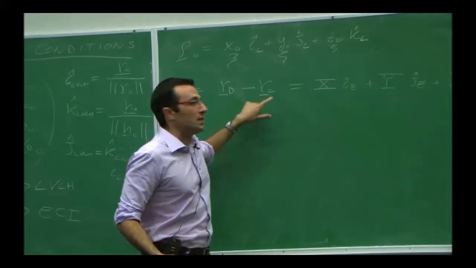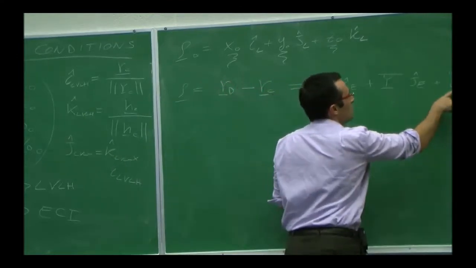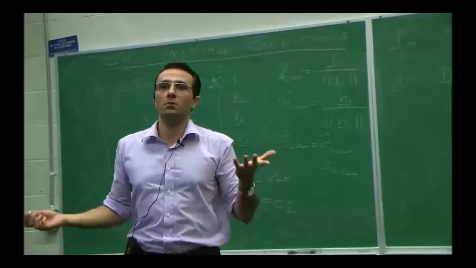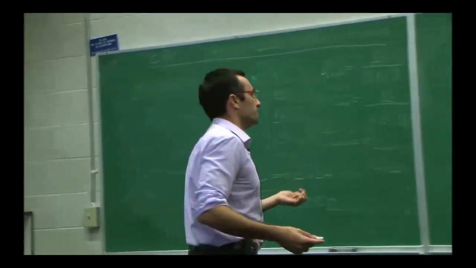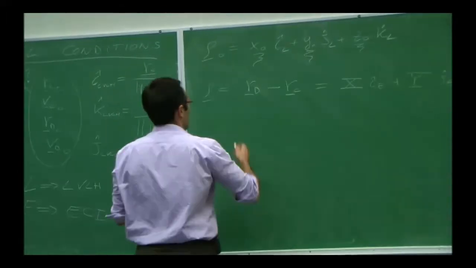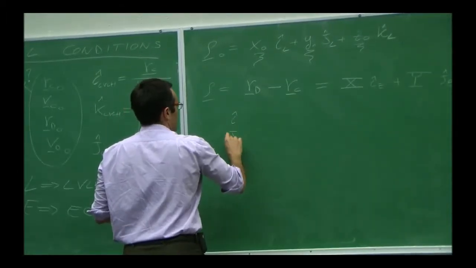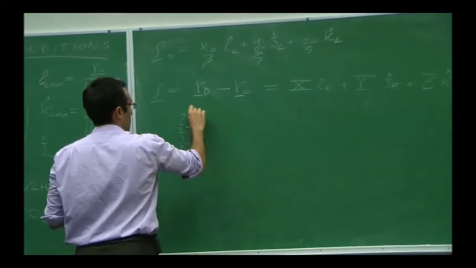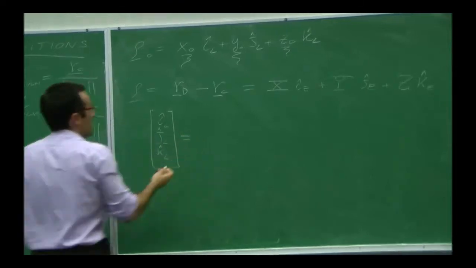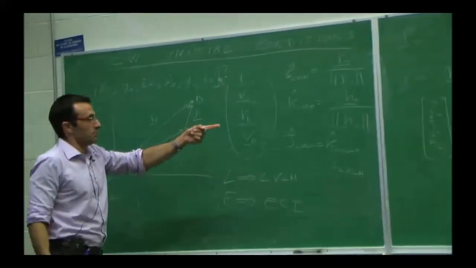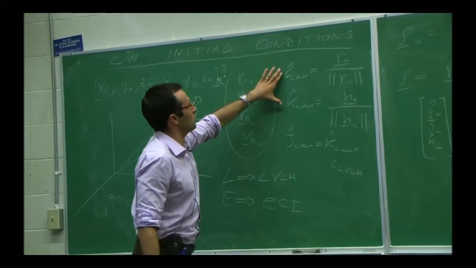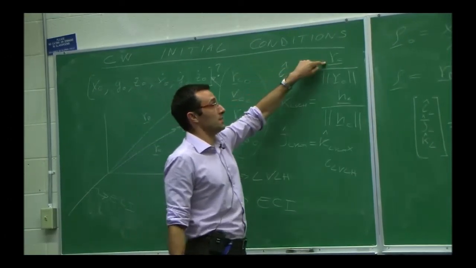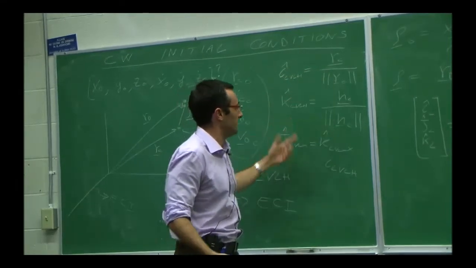In other words, you will have 3 numbers, and those 3 numbers are this X, this Y, and this Z. Those are the projections of Rho in a basis which is not the one you want. So you just have to transform the basis, right? This is really nothing new. The basis I, J, and K of LVLH, well, it's already expressed. Those 3 unit vectors, once you do this operation, are already expressed in ECI, because RC is in ECI, HC will be in ECI, and this is the cross product.